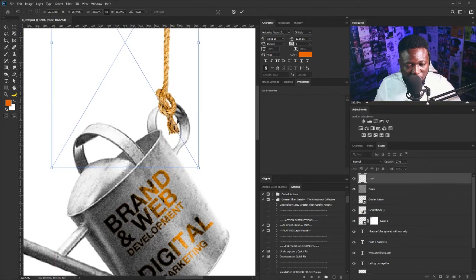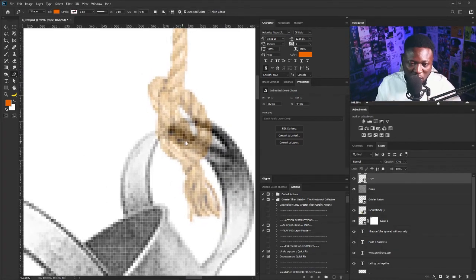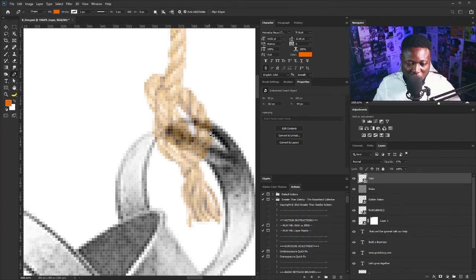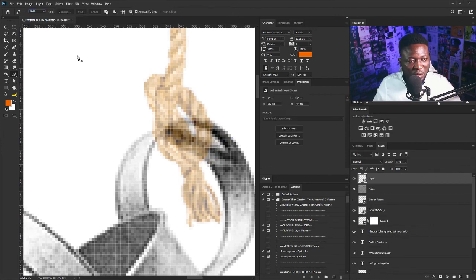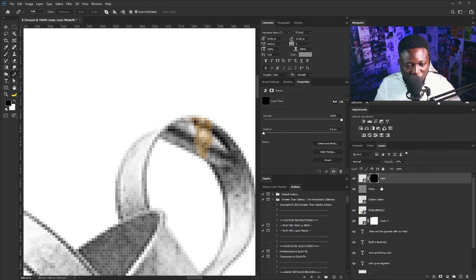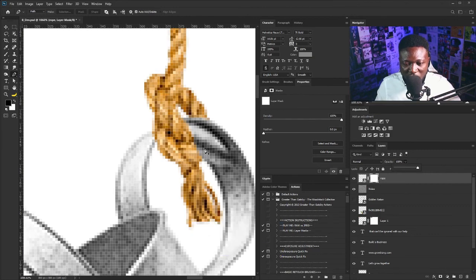like so. All right, so I'm going to reduce the opacity of this, and I'll select the pen tool, and I'll zoom in. All right, and I'm just going to take out this side, so I'm just going to crop this out. I'm going to hit Control Enter to create a marquee of that part, and I'm going to select the layer mask icon here. Then I'll use the Control I shortcut to reverse the selection, and I'll make this visible again,